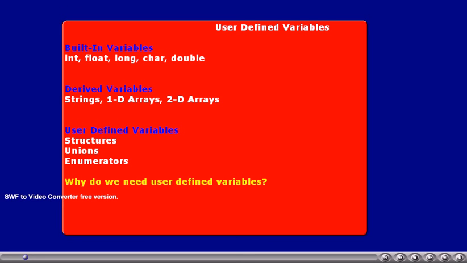Thus, we have used the word tractability. So structures, unions, enumerators help us carry out some problems designed in a better, easier manner. Thus, we have our own variables known as user-defined variables.